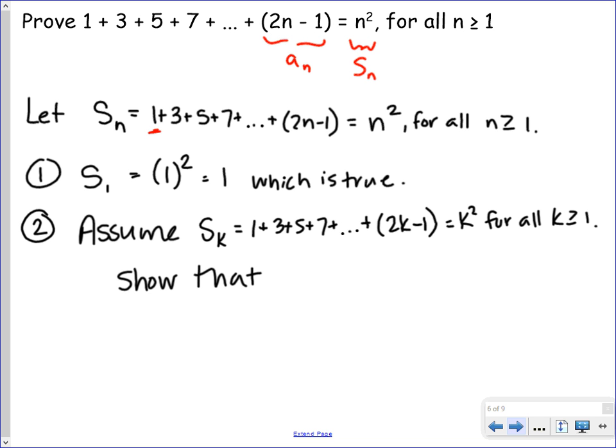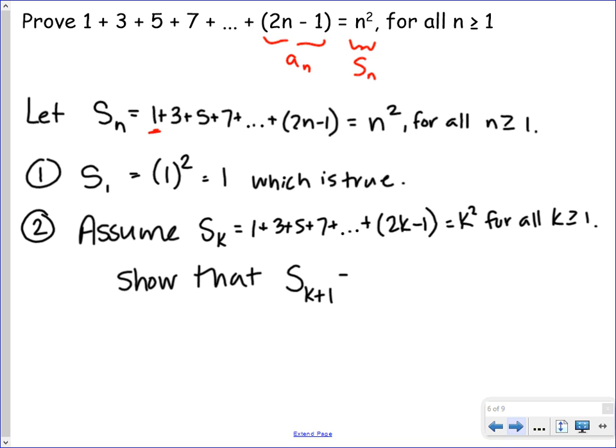You wrote out the piece of k's, and then you wrote out the piece of k plus 1. We want to know, given that formula for the series, what is that formula for s sub k plus 1? If I can then algebraically get to that formula, I will have made a proof. Okay? So we want to show that